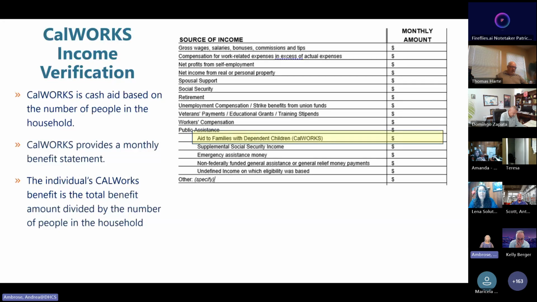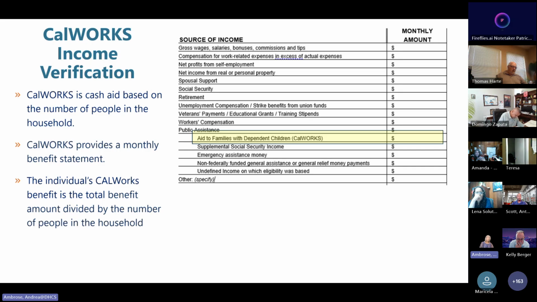All right, what about CalWorks? So CalWorks is another one that we see a lot. CalWorks is cash aid, and that one's based on the number of people in the household. Now, CalWorks provides an award letter also, but it does not typically identify the income on which the eligibility was based. In that case, a participant can request what's called the income verification letter, and they can present that.